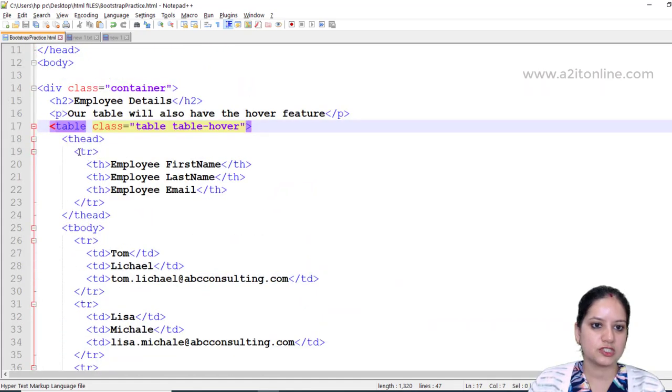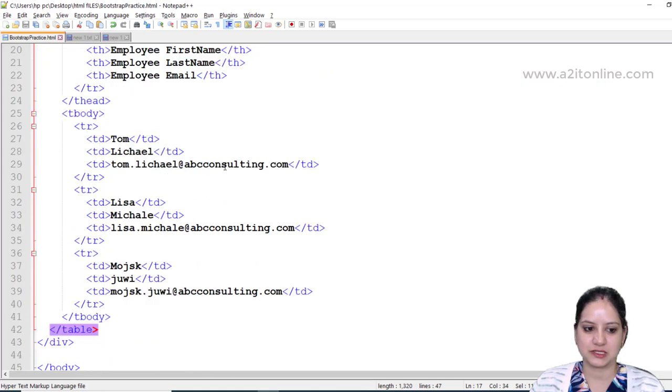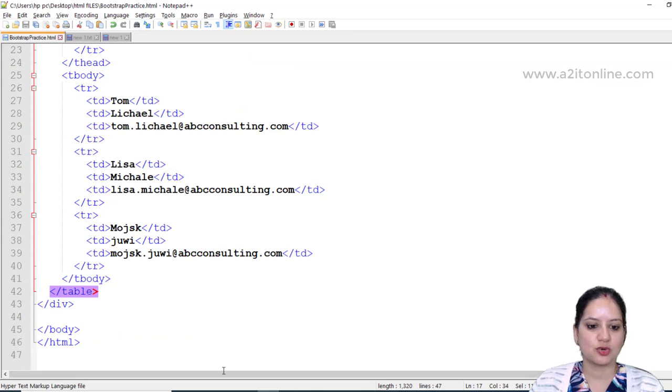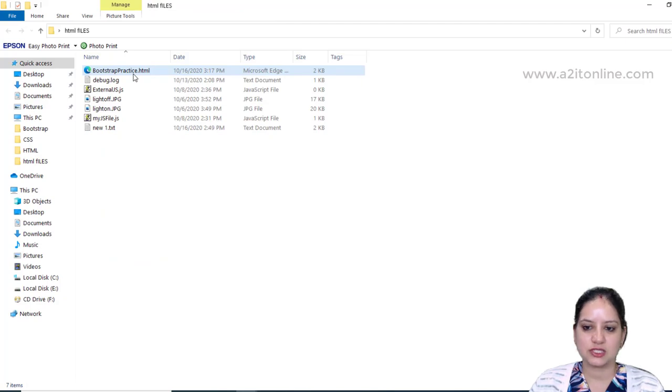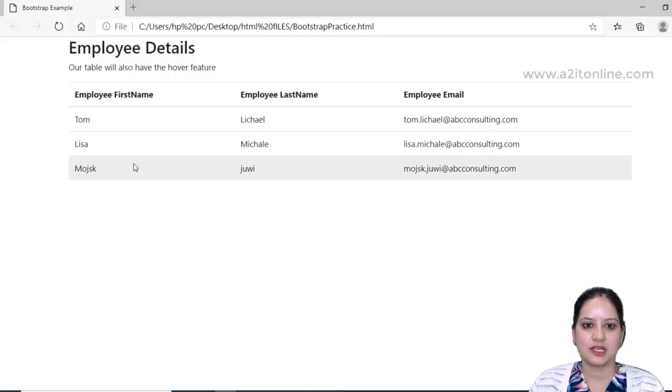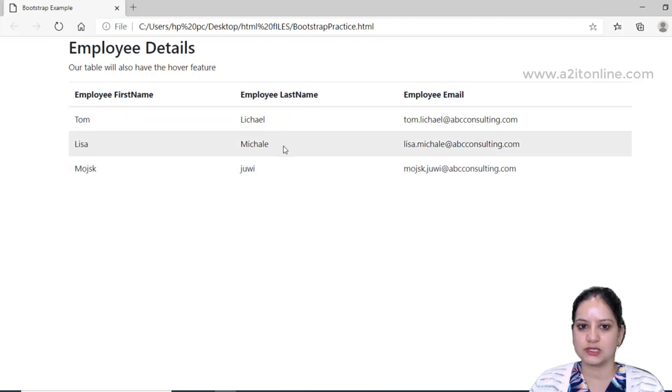Okay. So in this code you can see that we are using a class which is table hover. So what will happen, you can either directly just use table, but I'm using the table hover. So what I'm expecting is when I run this code, whichever row or column I hover or basically bring my mouse over, it should basically be highlighted, isn't it? So I'm going to save this code. I'm going to my output window, and this is the file. You can see it has got updated. If I run, here you go. Now does it hover? See, I'm just hovering over this,